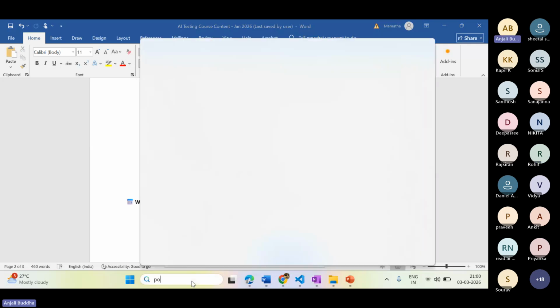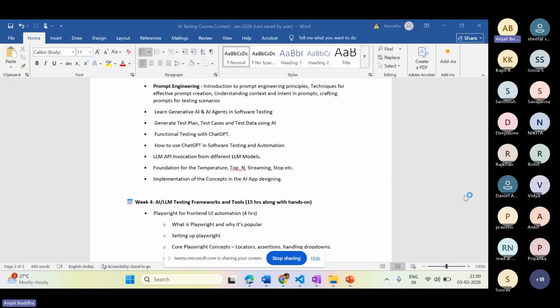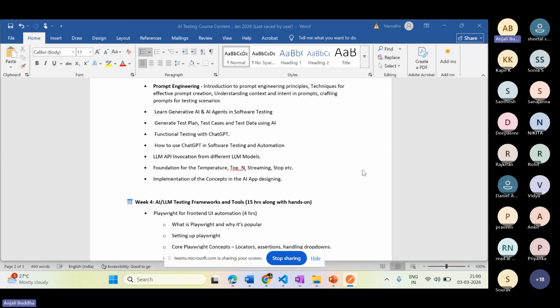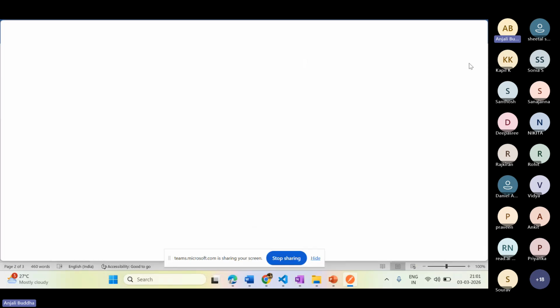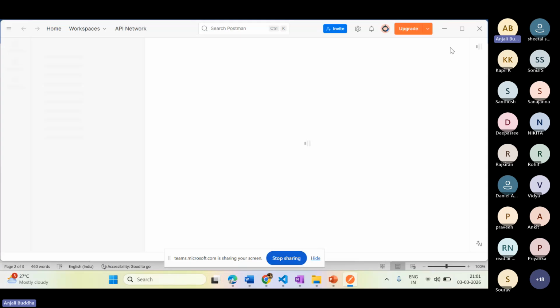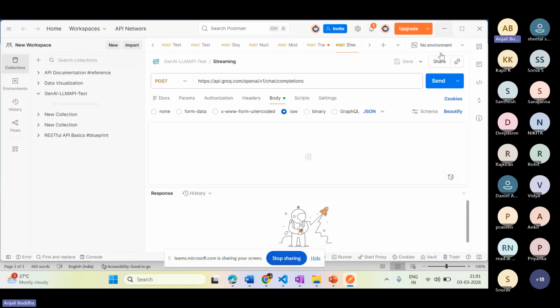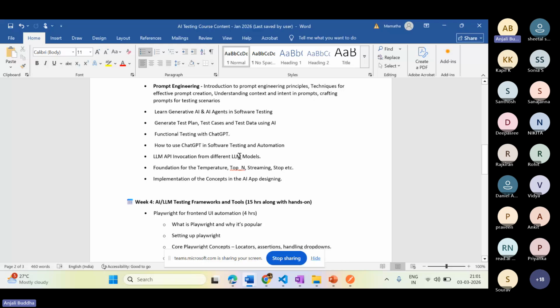See, there are two different ways that you can do it. One is purely testing the LLM with Postman. Means if you get an LLM API and you have to do the validation, how are you going to do it? That is one thing. Another one is what you're asking, API integration, like the example that I'm going to show you here.